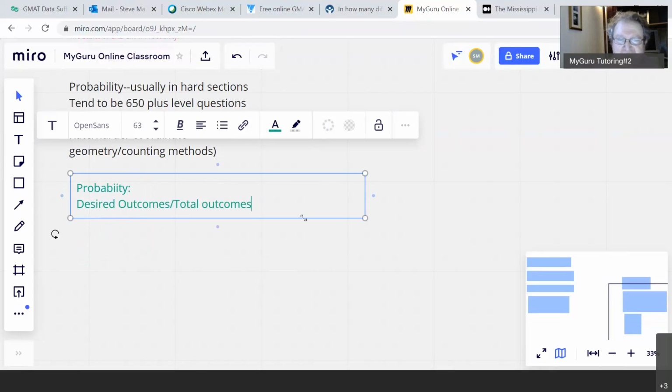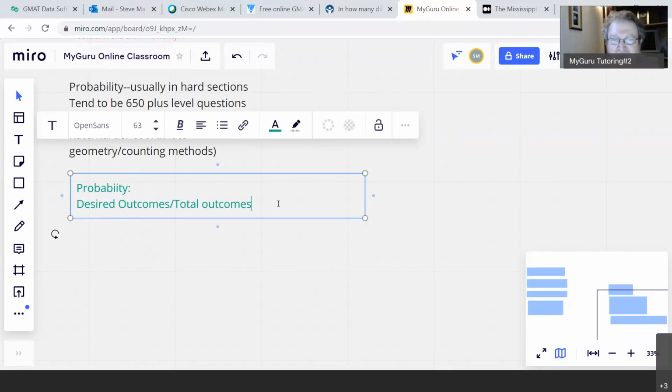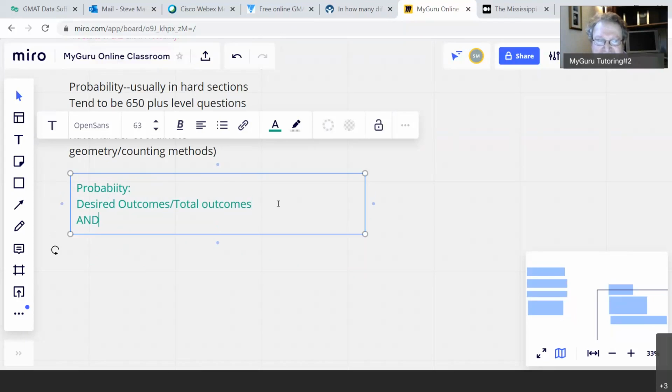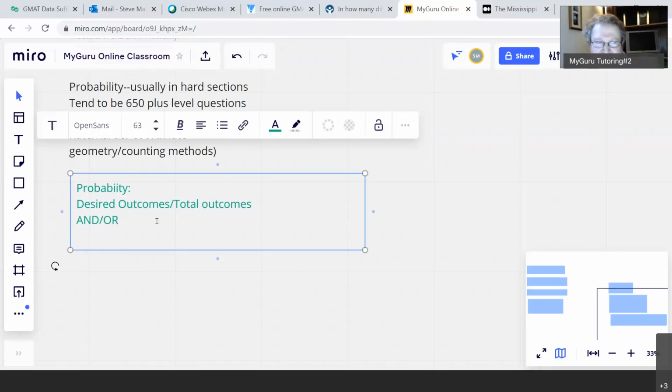Now, in terms of the basic rules, you want to be aware of when you're going to use what you might think of as your "and" probabilities and "or" probabilities, right? So for example, let's take our standard six-sided die. You're going to start with the basics just to make sure all the fundamentals are down. So if you've got a six-sided die,